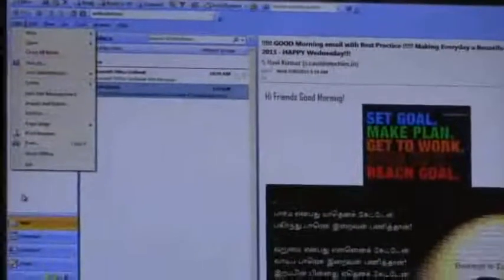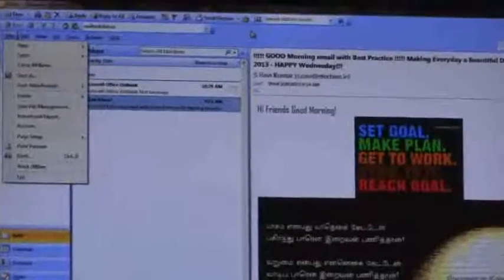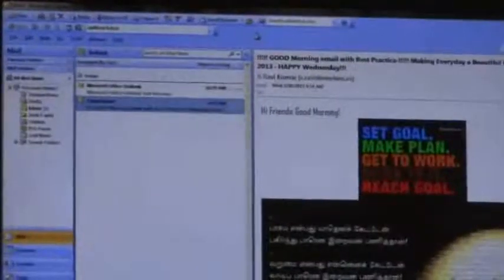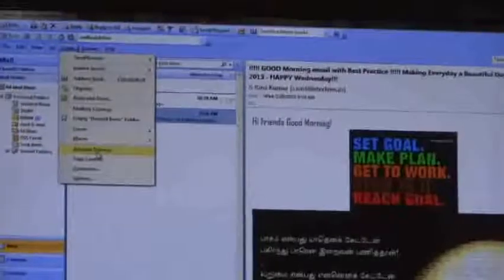Rajesh, how do we set sender information for outgoing mail, such as name, logo and signature? You have to select Tools, Account Settings.